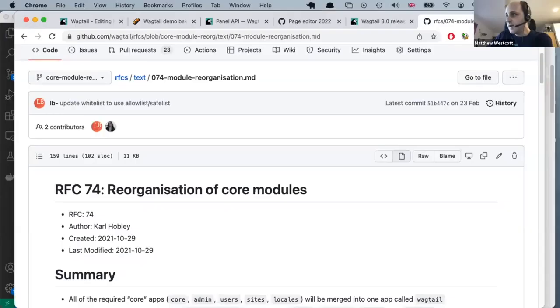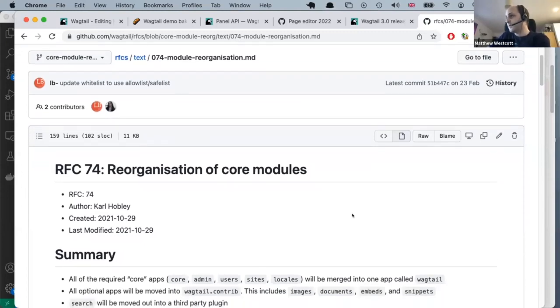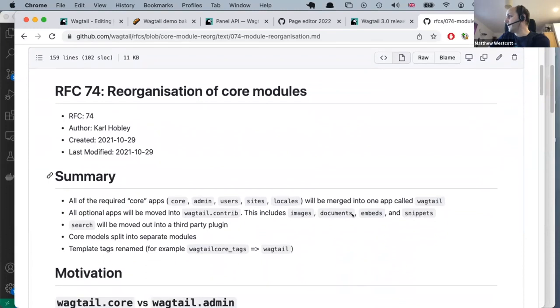And that has meant that the central part of Wagtail, managing the actual pages, has turned into a bit of an outlier for people digging into the Wagtail code base. And that's something that we're keen to improve on. Obviously, we're very keen to see more people getting on board, developing on Wagtail itself, especially with initiatives like Google Summer of Code. And with that in mind, Carl, one of our core developers, has written up this RFC document proposing how we can reorganize the core